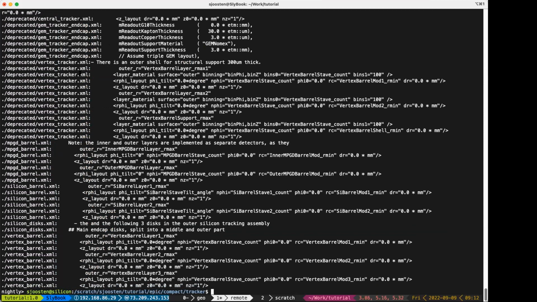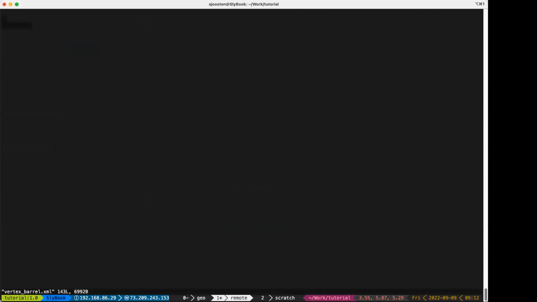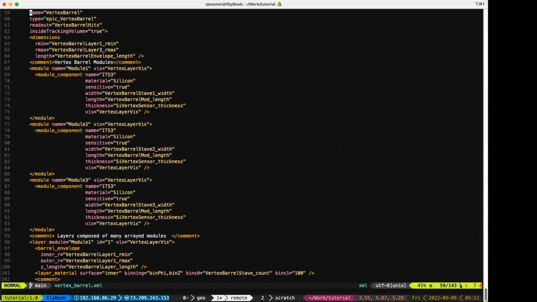Yeah, there we go. So for example, that's the old vertex tracker. Here you see the layer material line. That is something that's ACTS specific and has to do with the ACTS plugin. So here we say that the material needs to be mapped on the inner surface, which is the one that we